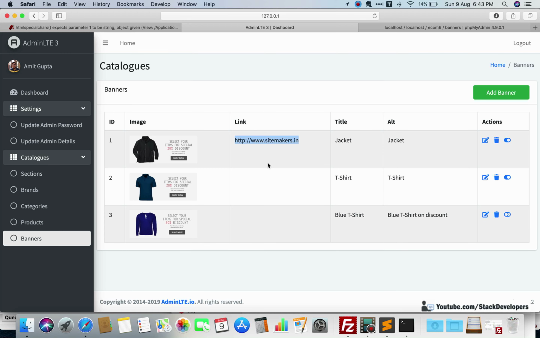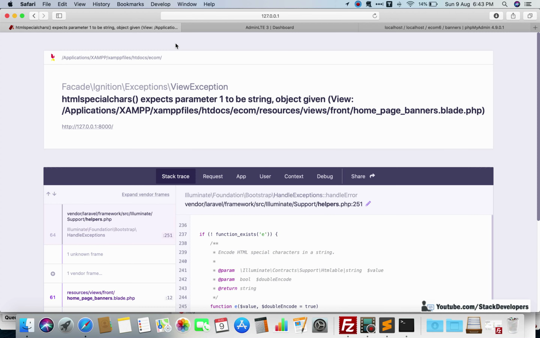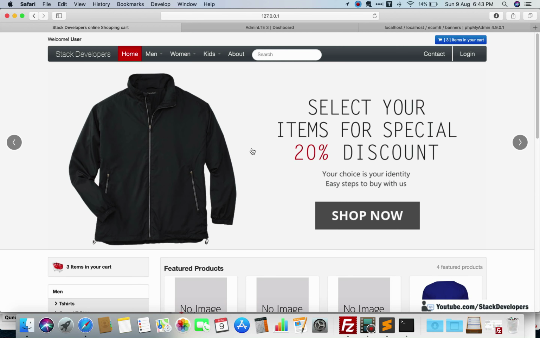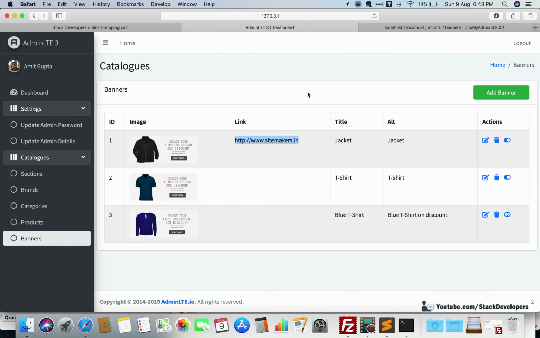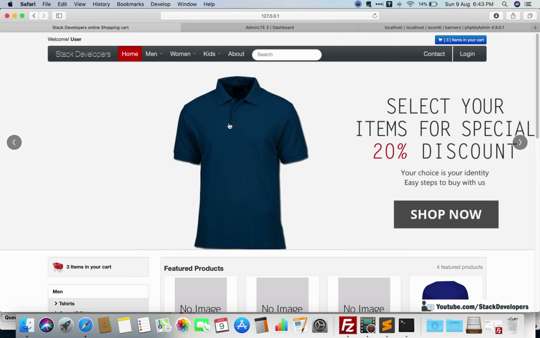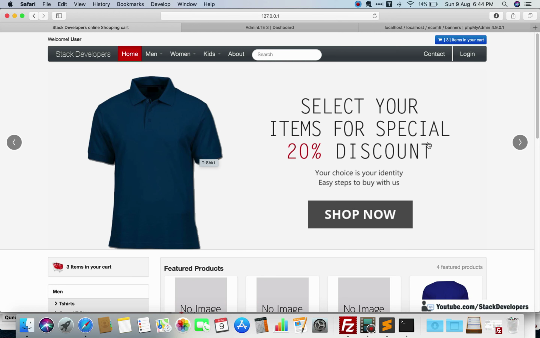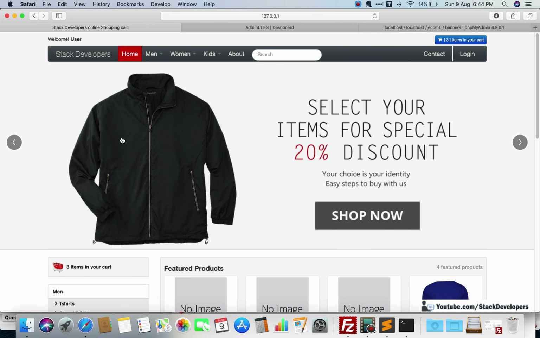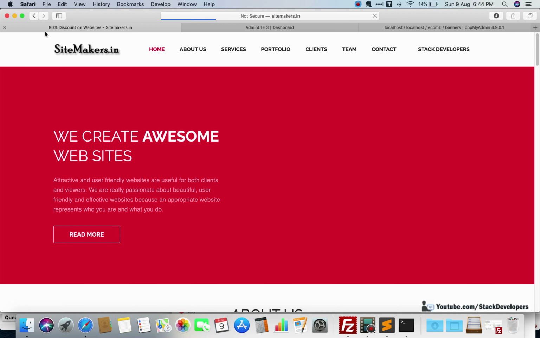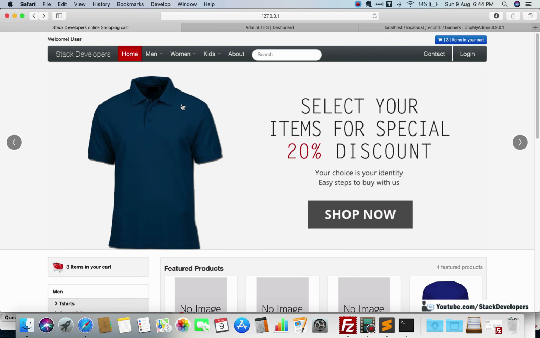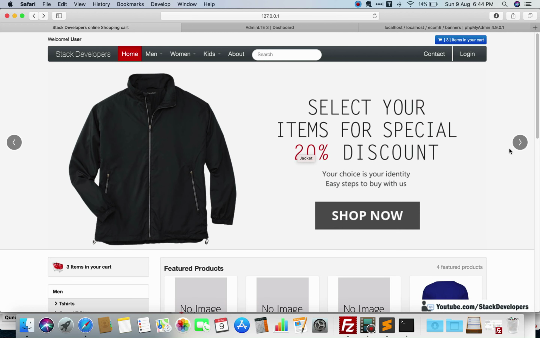Now we are going to check once that it will work fine. Okay, you can see now it is working fine, because the link will only come if the link is there. Then the link will come up here, otherwise we will not provide the link here. Okay, so now you are able to click, the link is working fine. You can see another website is opening, signmakers.in. Okay, so here you can go back and you can check out the next link.